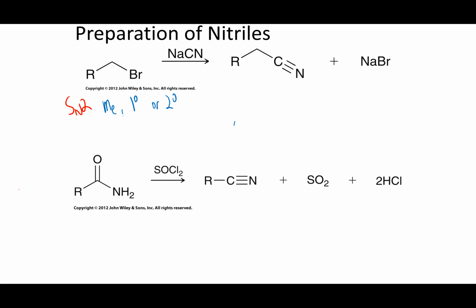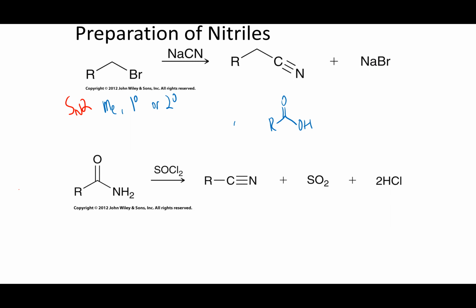And remember, nitriles are part of this class of carboxylic acid derivatives. At first glance, it doesn't look like they should be, but the carbon is attached to nitrogen with 3 bonds. So it has 3 bonds to a more electronegative element. And so if I look at a carboxylic acid, the carbon of the carbonyl there has 3 bonds to